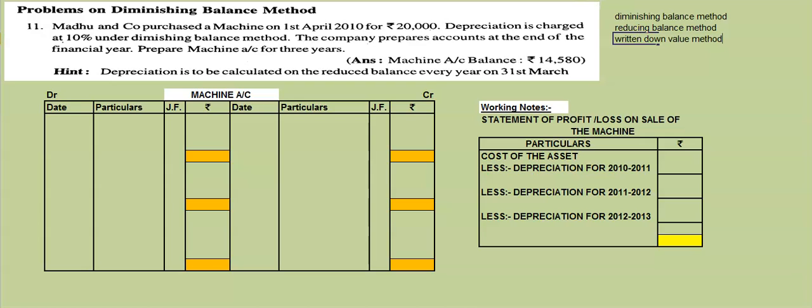So these are the three names for our second method: diminishing balance method, reducing balance method or written down value